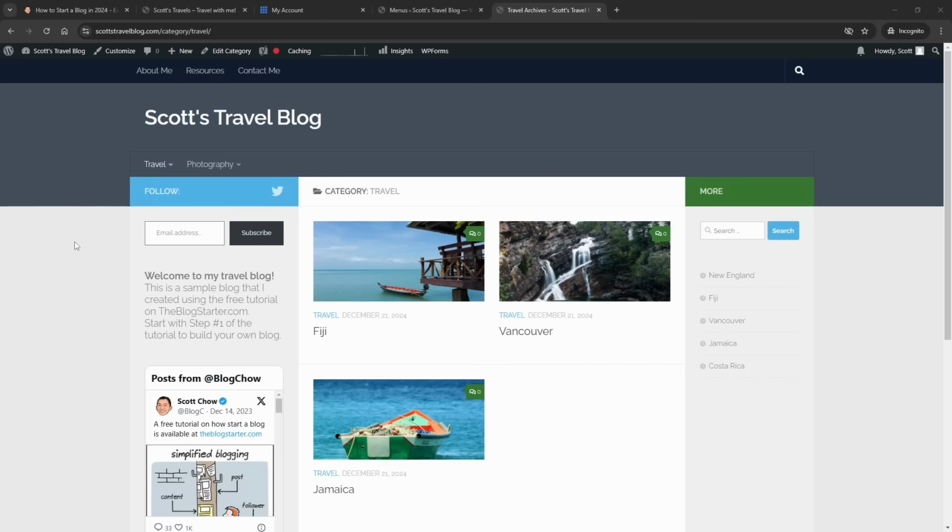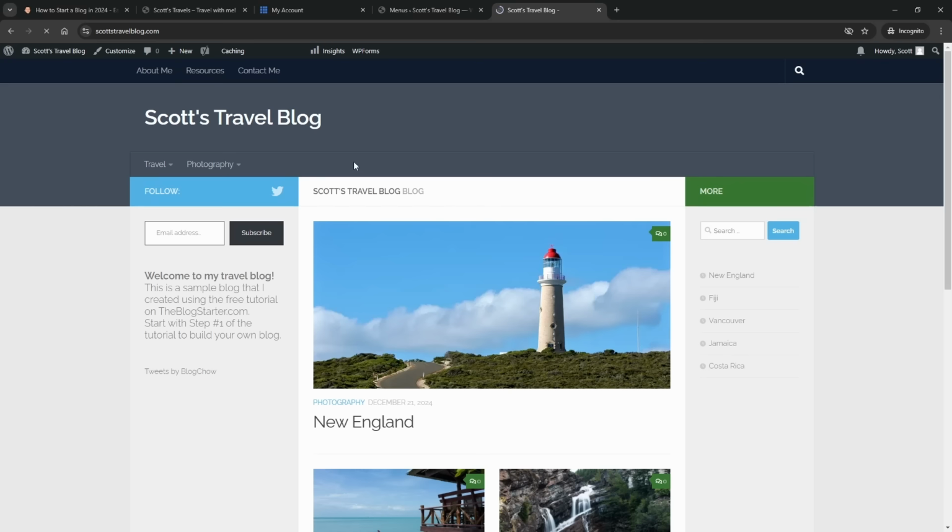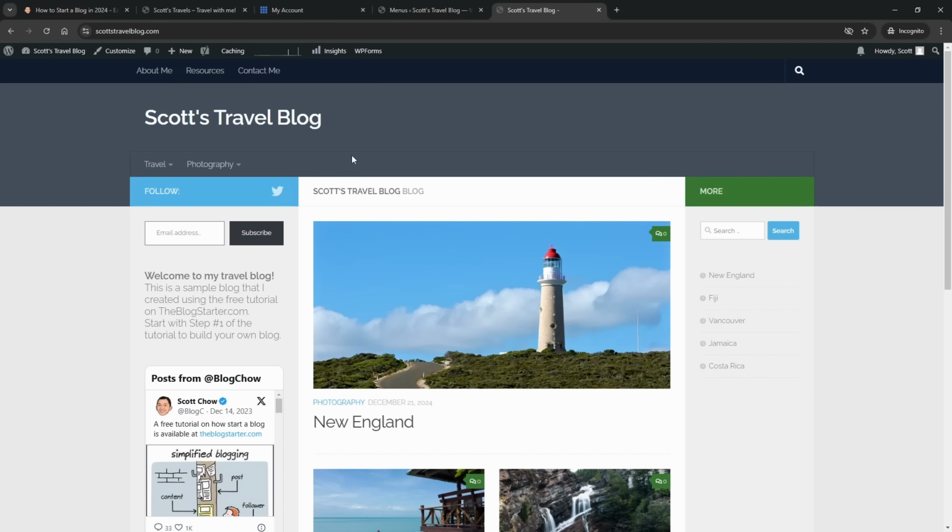Again, as you saw, if there's something that you don't like on this page, it's very easy to leave out that step or add in some of the other features that I showed you that I did not use on this blog. So the final thing that I want to show you how to do is actually not related to the blog design, but it's related to setting up your email address for the blog. And since you have a custom domain name, for example, this one here is scottstravelblog.com, you can create an email address that could be